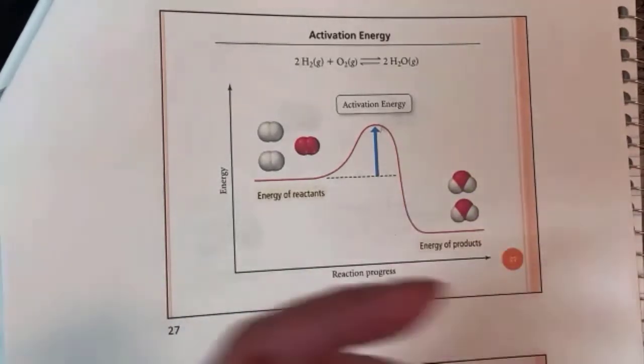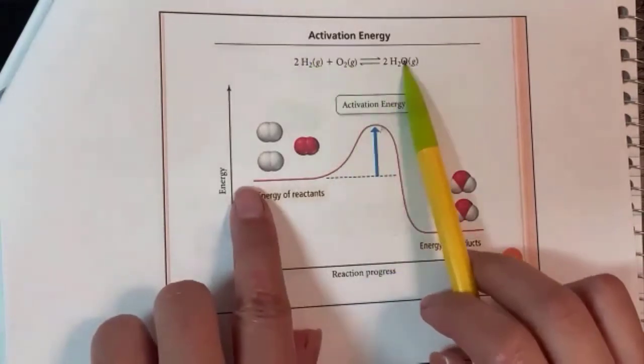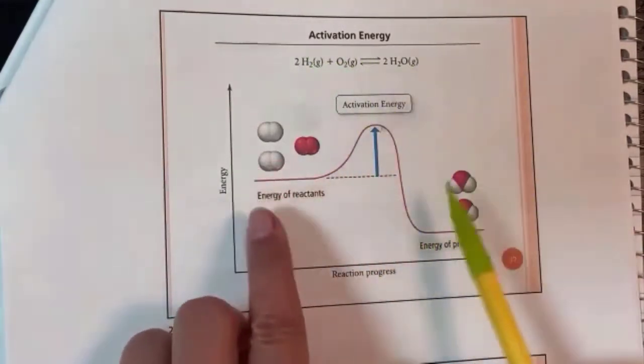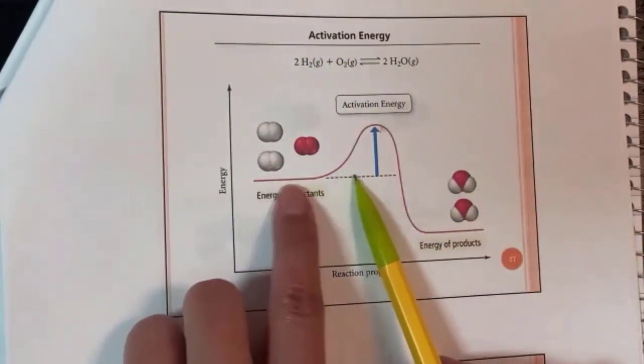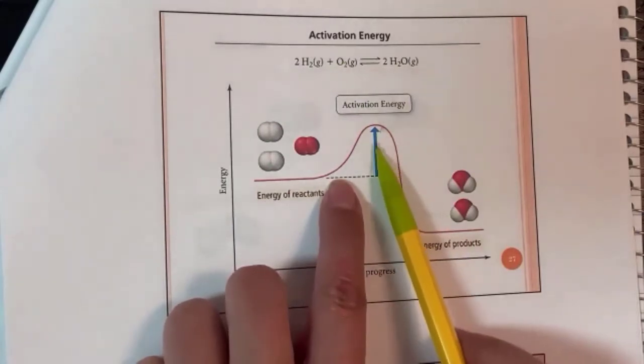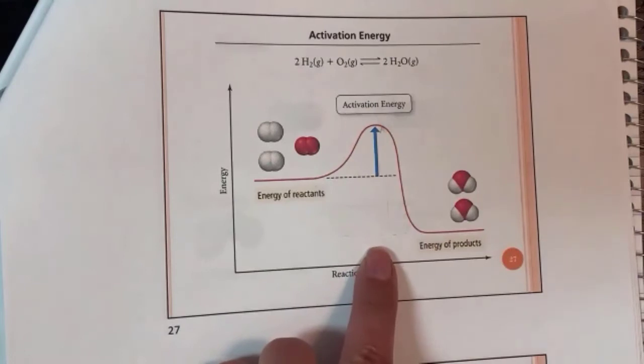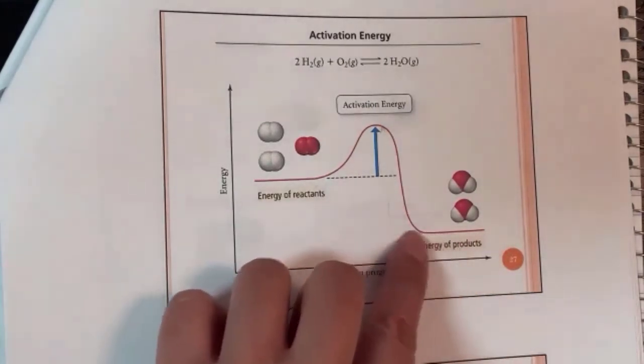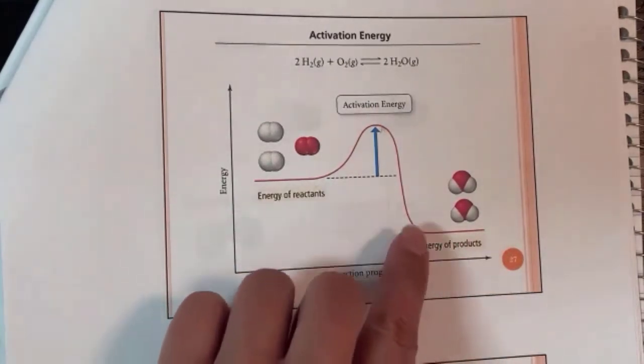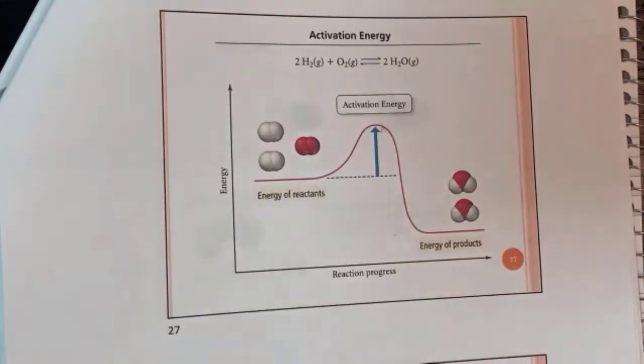So you see how this reaction can go forward and backwards because it's reversible. The forward reaction activation energy is a lot smaller in this case than the reverse reaction activation energy. So just keep that in mind. It's basically from the bottom of where you start to the top of the hump. So a really, really easy analogy here is